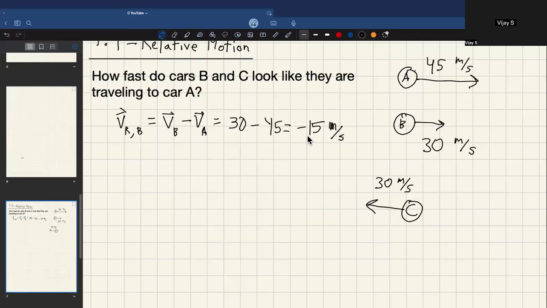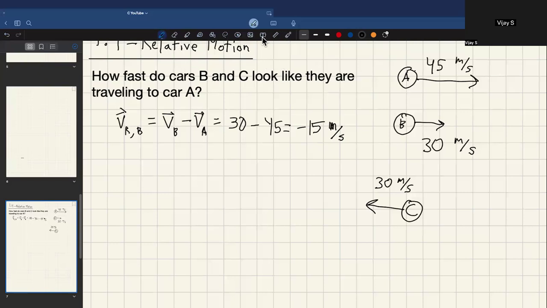And that does kind of match what we would expect. Car B would not look like it's going as fast to car A, because the difference in their speeds is not as big as the difference between our speed and car B's speed. We see car B going 30, but we're also stationary, right? That's a difference of 30, of course. The difference between A and B is 15, negative 15 at that. So that's why it looks like it's going slower. All right. What about